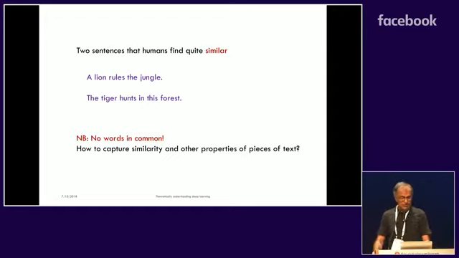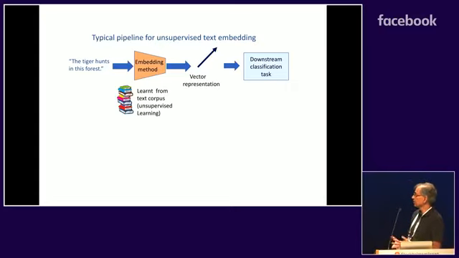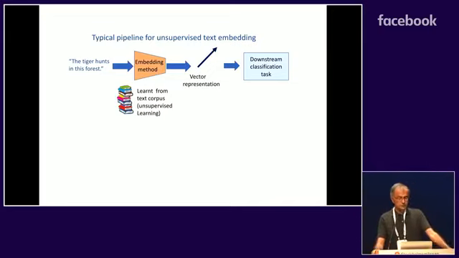And of course, the paradigm is to train an embedding method, a language model, for instance, which is learned on a text corpus in an unsupervised fashion. And this language model also gives you a way to embed, because the language model can sweep a text, and whatever it concludes the text is about, its internal representation, is the embedding. So that's the current paradigm, and you can get a vector representation from the text. And now this vector representation is your code that you use in downstream classification tasks.